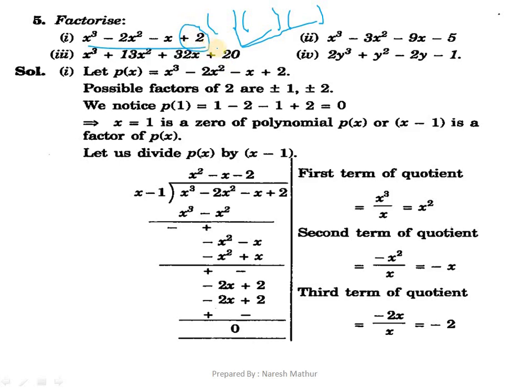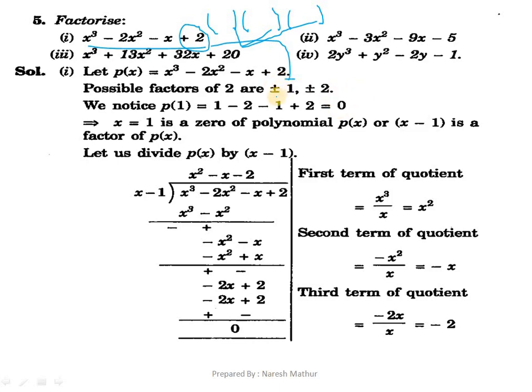So what should be the possible factors of this plus 2? It would be positive or negative 1, or positive or negative 2. We need to consider both the signs because we don't know the right factor yet. So we just need to try these values in the given cubic polynomial, so that we can get 0 as remainder. Now you are getting what I am saying, it means the number should be a factor of the given cubic polynomial, right?